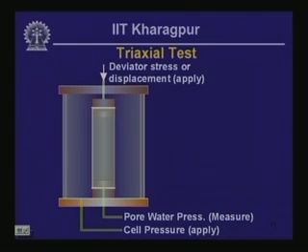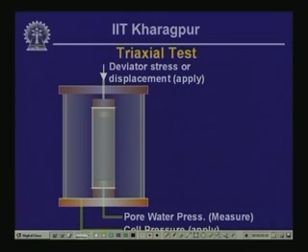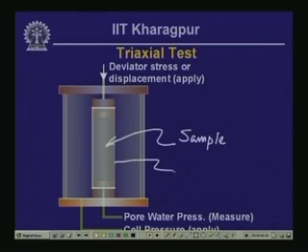So, here we take a cylindrical sample of soil or rock, and in this particular sketch the sample of soil or rock is here, and that sample is wrapped around within a watertight membrane,